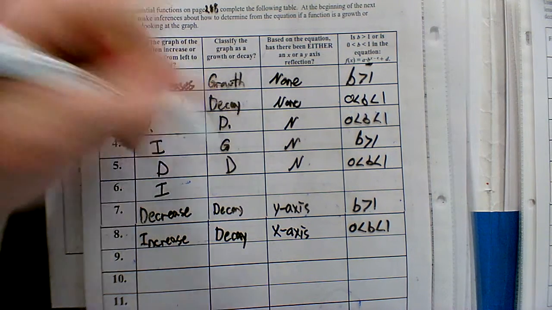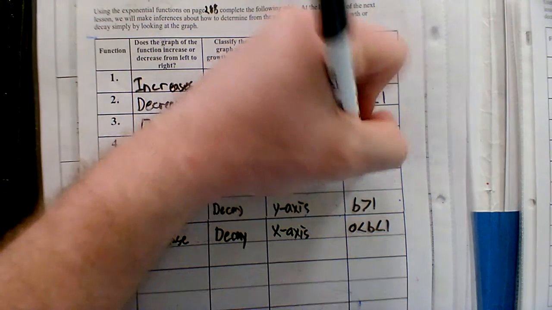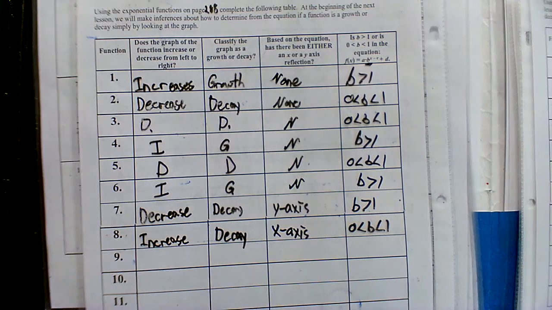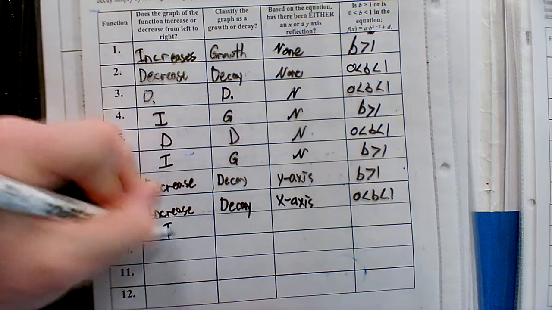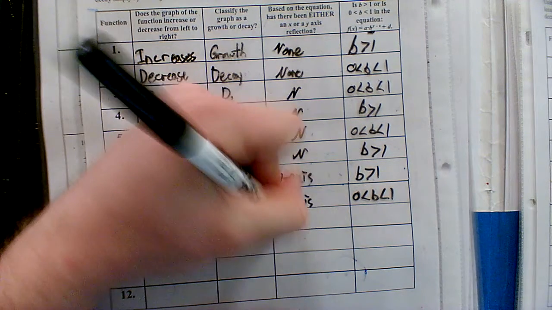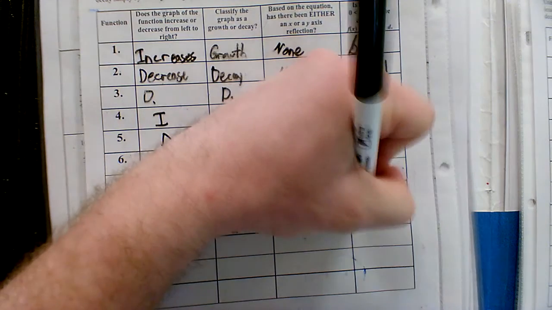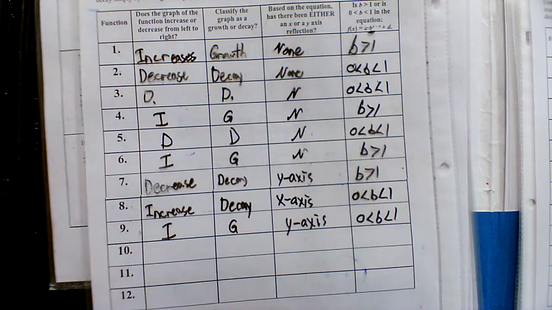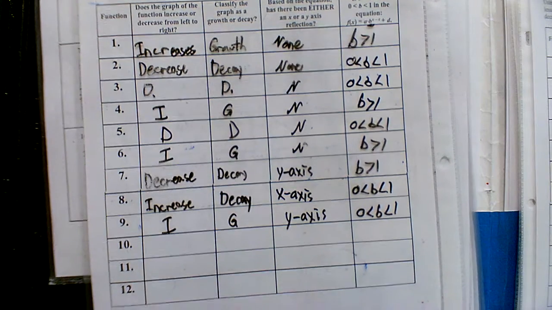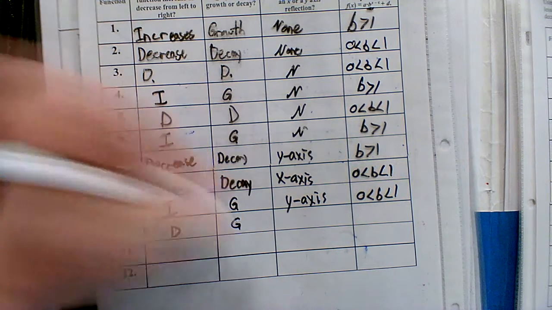6, increase, growth, none. These greater than 1. You guys agree so far? Okay. We did 7 and 8. Let's go to 9. I have increase, growth, I have y-axis this time, and in between 0 and 1. Good so far? 10, I have decrease, growth,